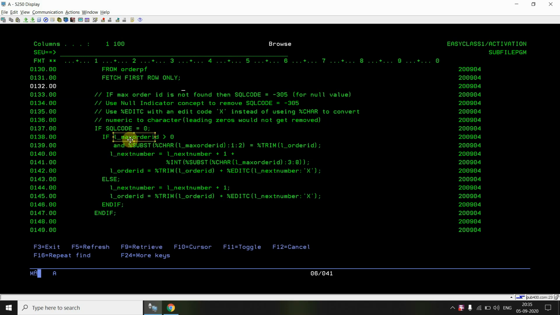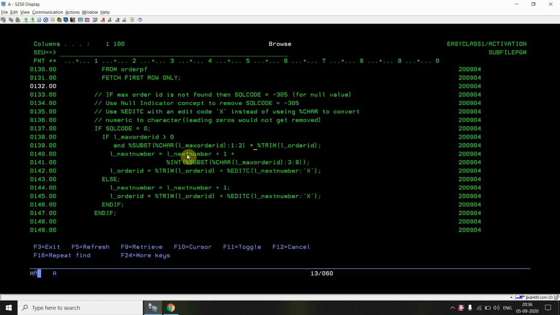So I'm also checking max order ID 0 with the substring of L_max_order_ID, from the first position till the length, which means the year portion. If it is not equal to the current year portion, it will not go inside this. If yes, then it will go inside this.